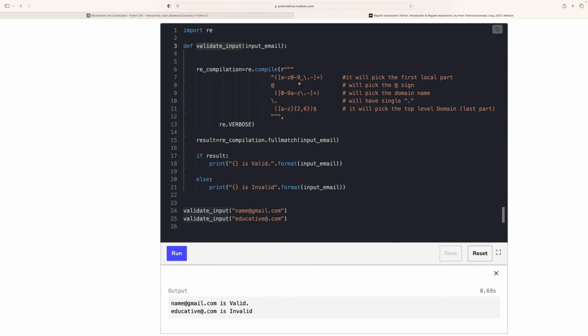And then plus means at least one should be there in the name, then the at sign. Verbose compile, input valid input, so full match, it's matching with the full compile. re.compile dot fullmatch, the result is valid or not valid. So here I'm checking why the first one is valid and the second one is invalid. So gmail.com,